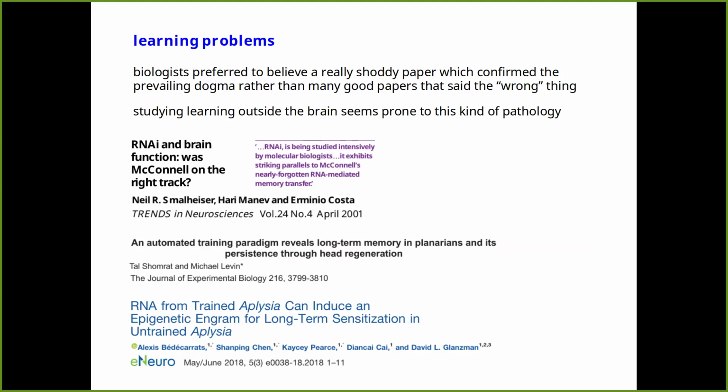And I think my conclusion from the literature is really that this was an ideological problem. People really didn't want to believe in the 70s and 80s that single cells could do complicated things. And Jennings's papers just didn't fit that story, that narrative. And I'm afraid that the subject of learning seems prone to this kind of problem, because it's not the only instance of it. And I've just flashed up some papers here, but this is a reminder of a completely different episode,